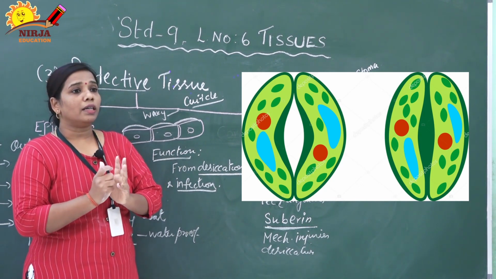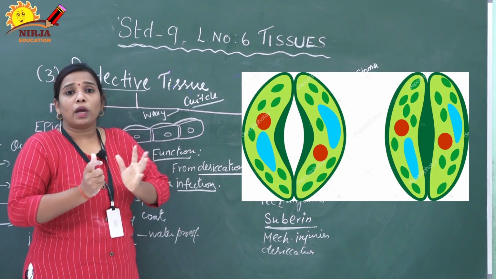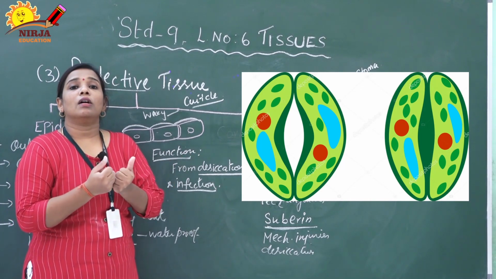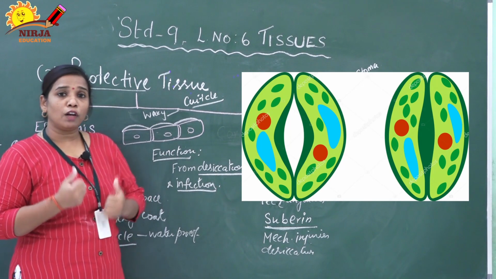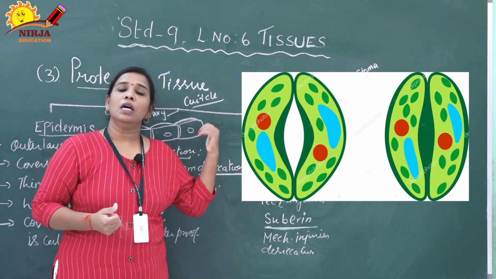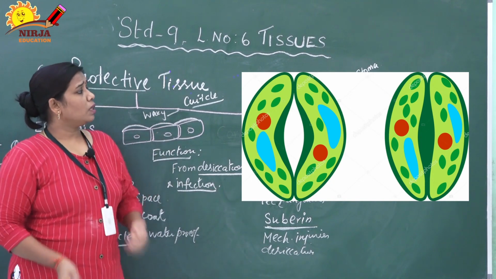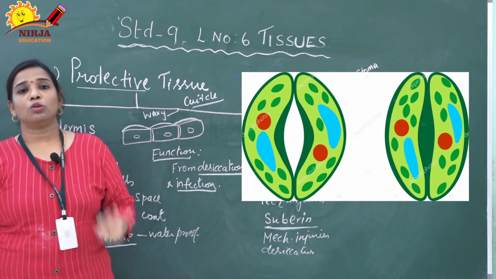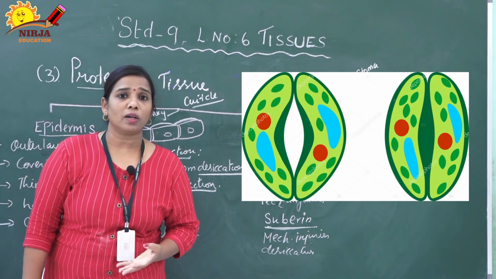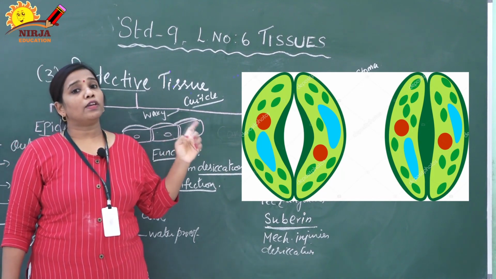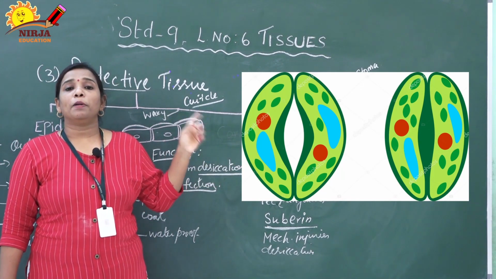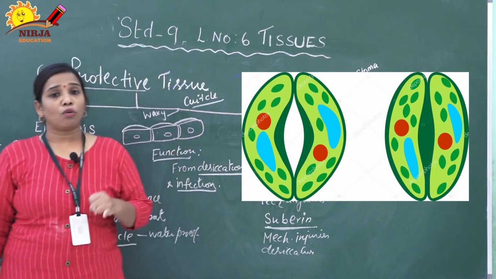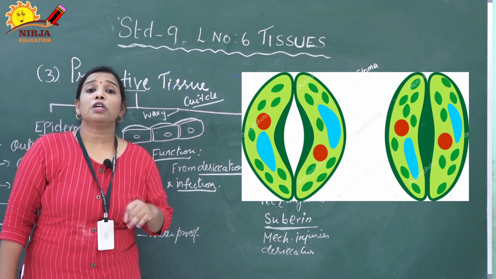When water content is there, the guard cells swell and the hole becomes widened. Sometimes it might be closed. What is the reason? The guard cells might shrink. The opening and closing depends on the guard cells only. Next, in the stomata, you can see that inside there is a small chloroplast also present. The chloroplast, as we all know, is a cell organelle that contains chlorophyll. So the guard cells have chlorophyll, and with the help of chlorophyll they can prepare their own food by the process of photosynthesis also.